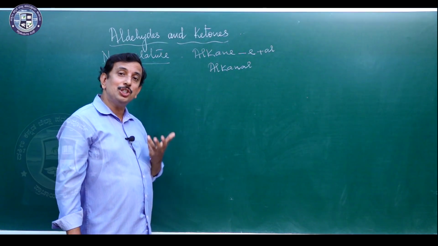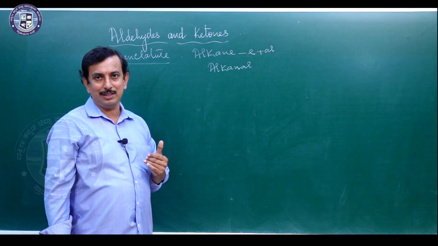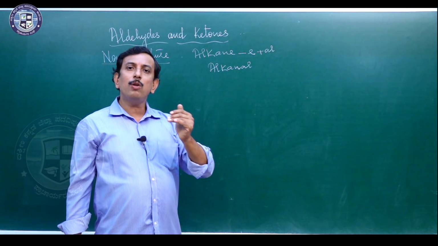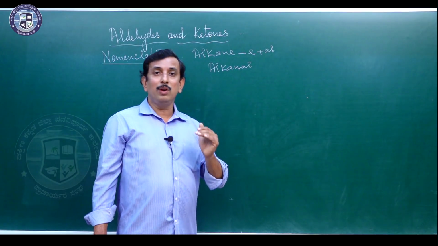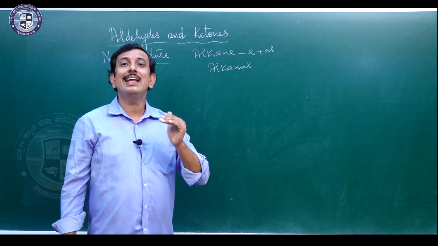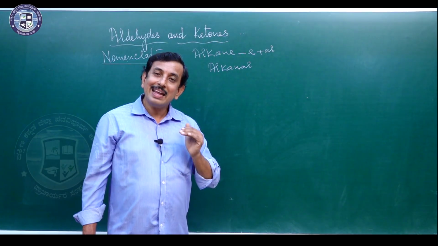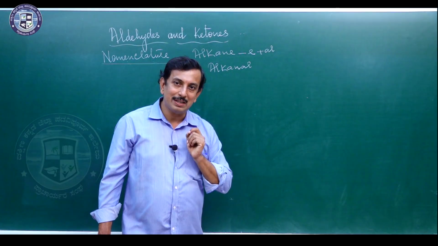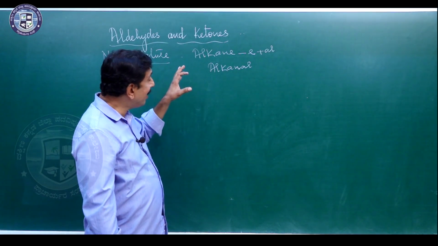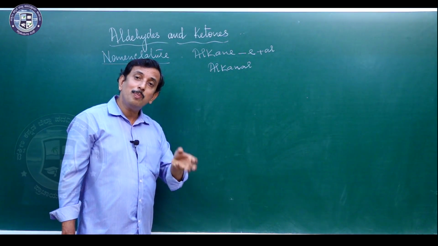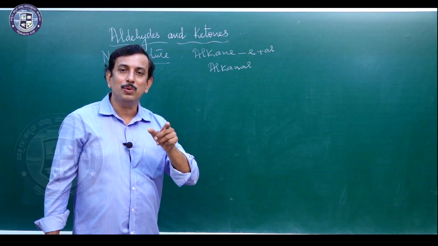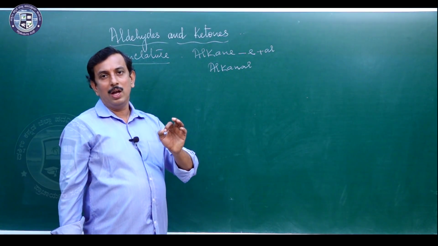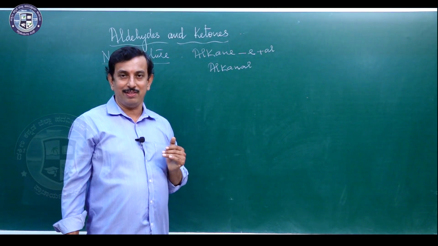But since there is a functional group, you know that in the IUPAC system, whenever there is a single functional group, you have to follow certain rules. The rule is that you have to select the carbon chain containing the functional group. Secondly, you have to number the carbon chain in such a way that the functional group gets the lowest number. Now the beauty of these aldehydes or ketones is that the functional group contains a carbon atom, CHO, and CO in ketones. Therefore, that CHO or CO has to be given lower preference.